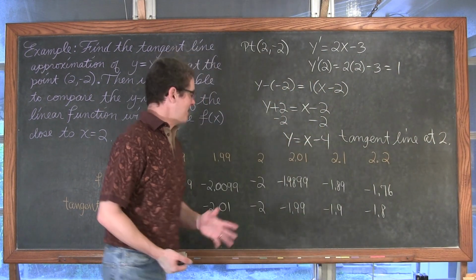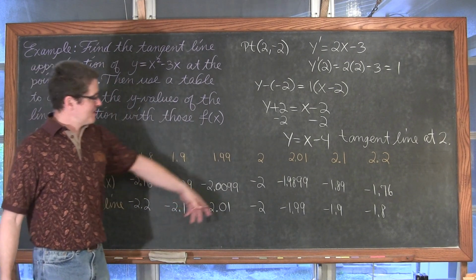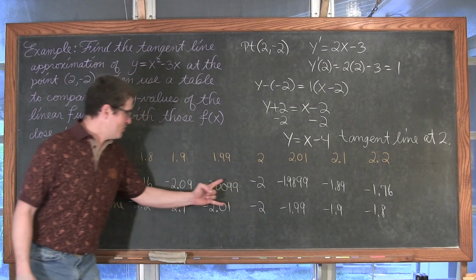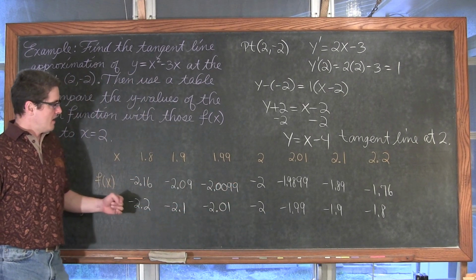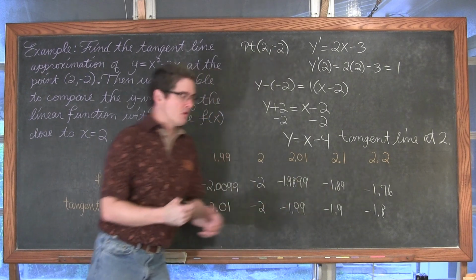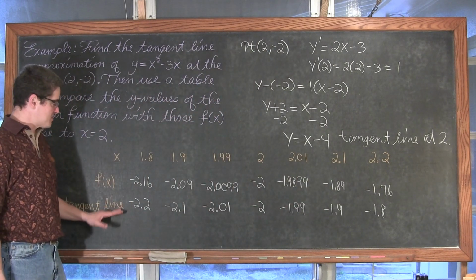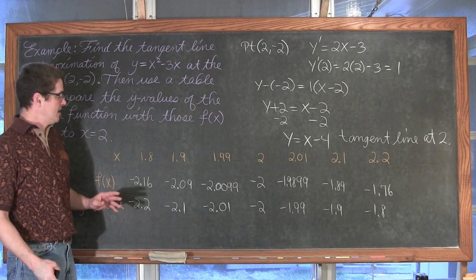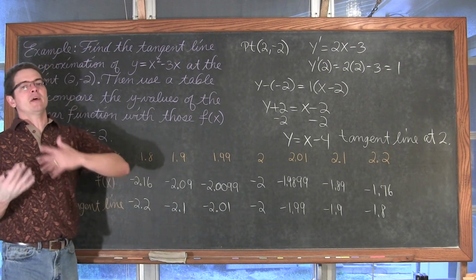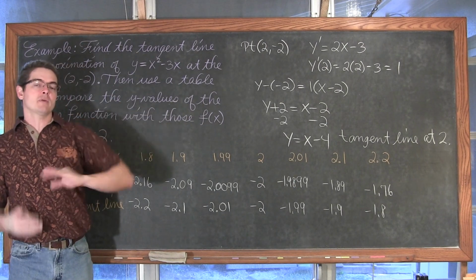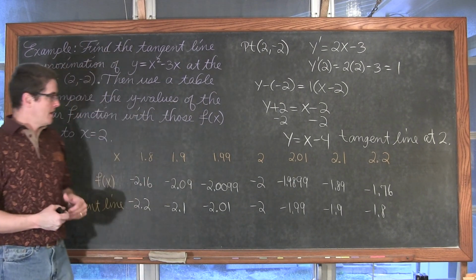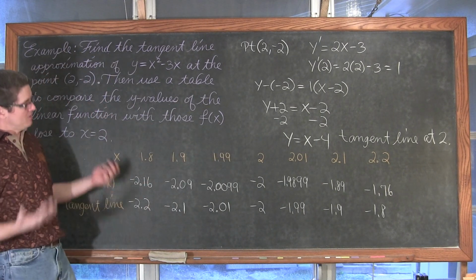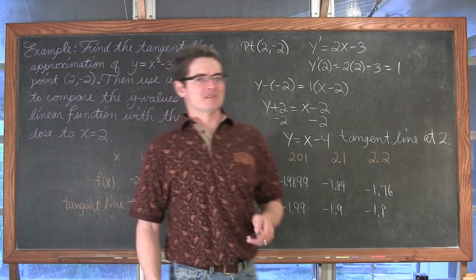Okay, so of course, as you saw from my diagram I finally erased, the function and the tangent line are exactly the same at the point of tangency, and as you move away from the point of tangency, these values start to differ more and more from the actual function values to the tangent line values. But you can see these differences are pretty small. Now, how close will they be? Well, that's going to depend on the curvature of the function as compared to the linear tangent line, and how far away you move from that tangent point. So, first example, tangent line approximations. Next!